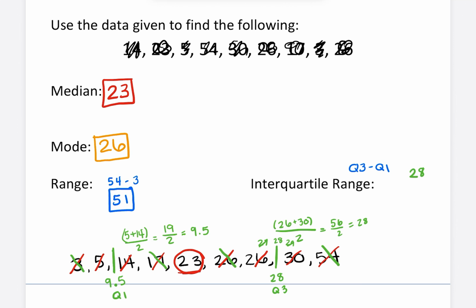So 28 minus 9.5, I have to add a 0 and a decimal because I have to line up my decimals. So that becomes a 7, bring down, so borrow again. So 18.5 would be my interquartile range. So biggest thing today is you have to remember those vocabulary